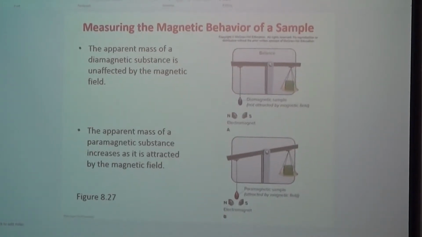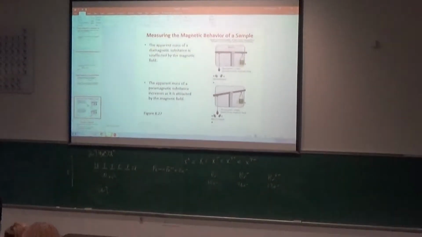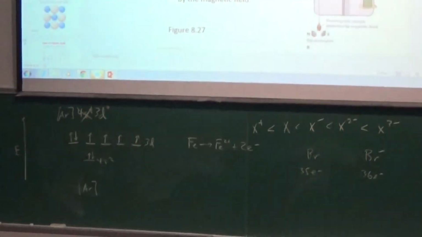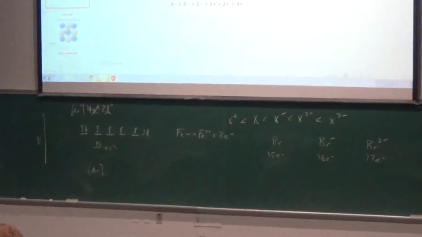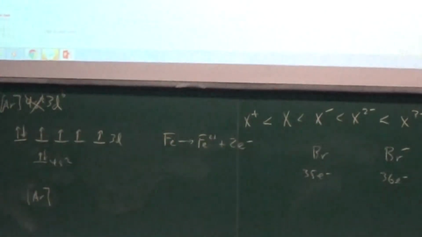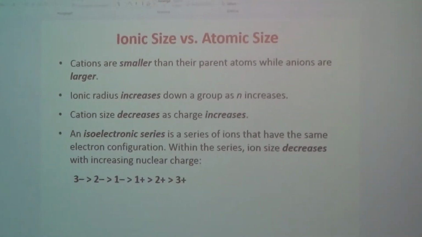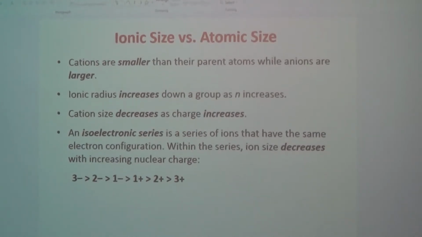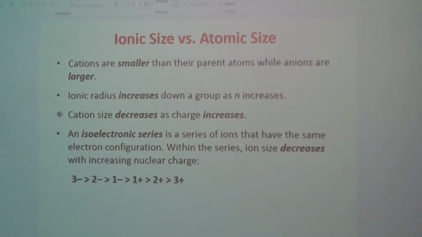What this doesn't tell you is that these electrons are unpaired in a d orbital, for example. There are other ways to do that. Again, it's not an expensive experiment to do. If you've done that, but you haven't, you probably never will. It's a tedious measurement because it's a very small amount of mass that causes that to happen. Okay, so what we've got then, by the end of this chapter, is